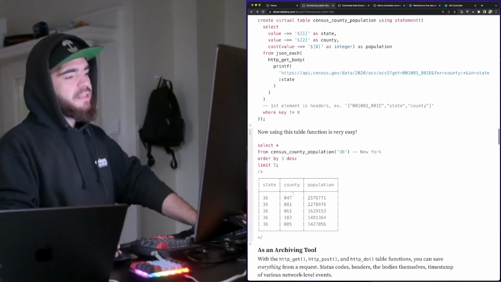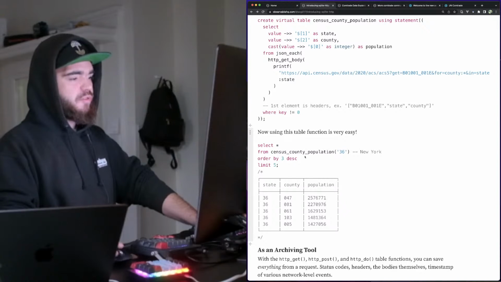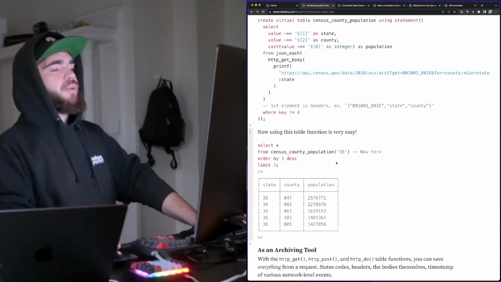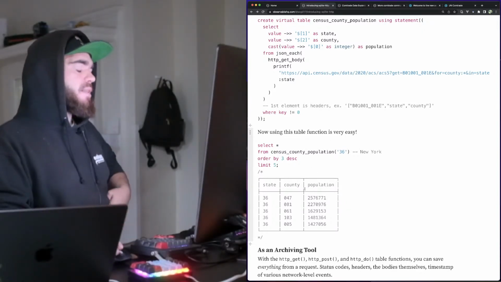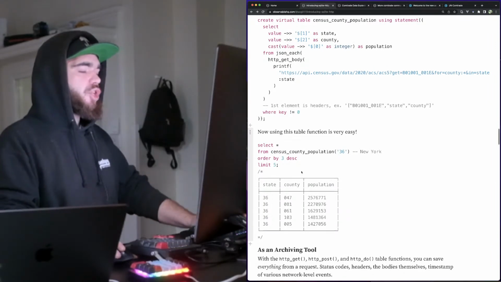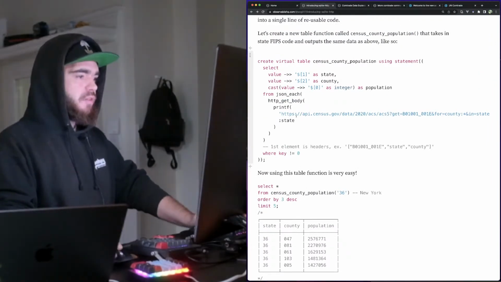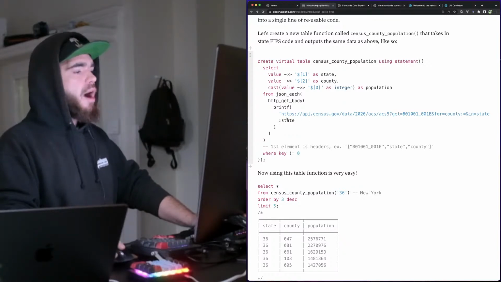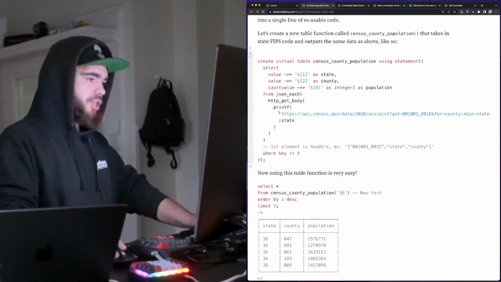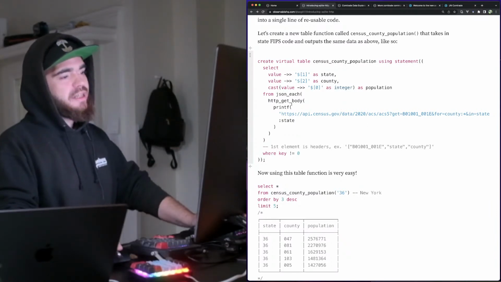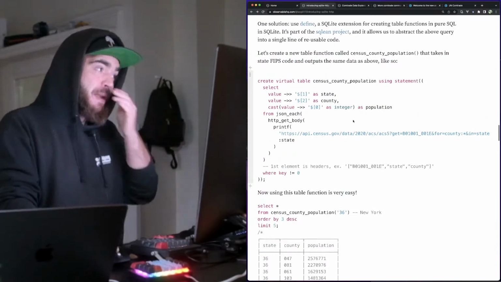So he gets the census population for every county. And you can imagine in our UN Comtrade data that it's sort of a similar format where we want trade data for every country from an API where we define a commodity or an input country or an output country. And obviously there's some work to be done to figure out what that URL looks like. But basically